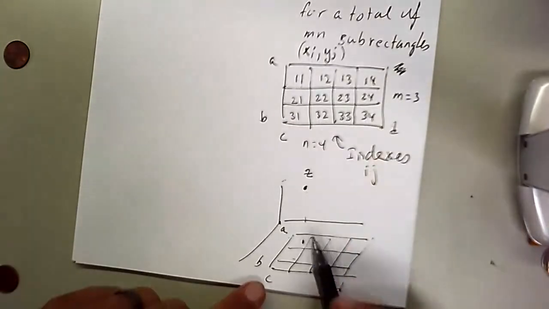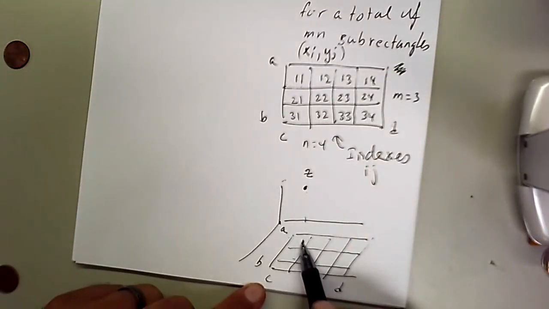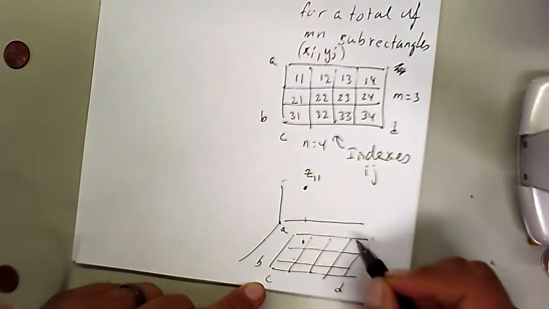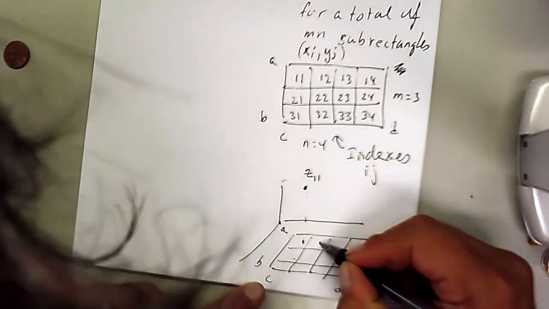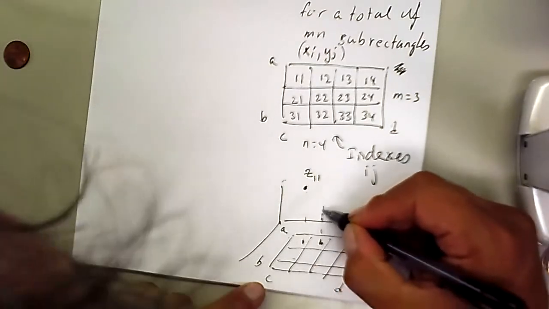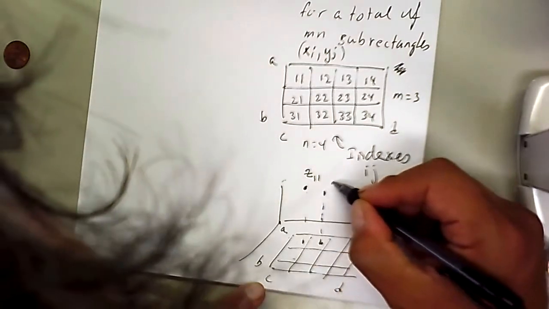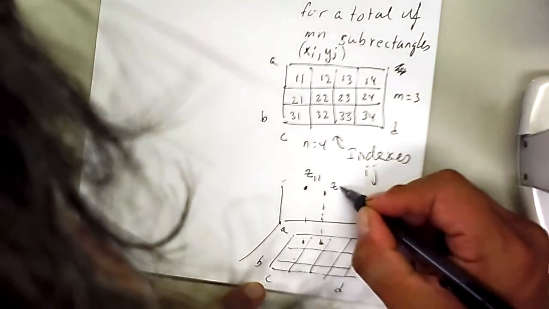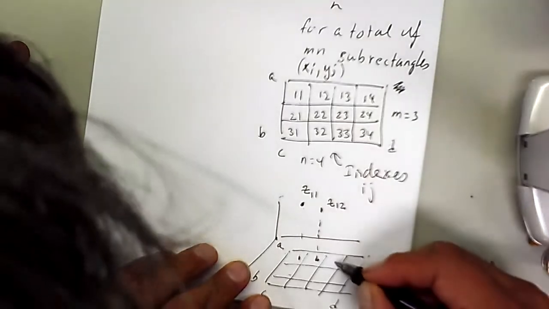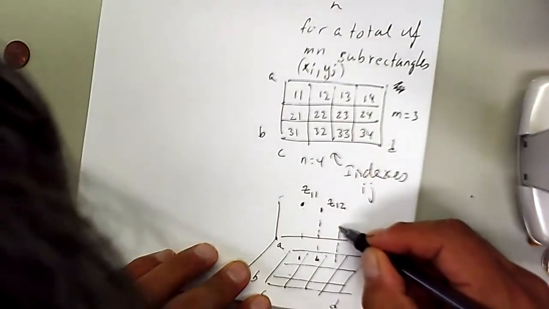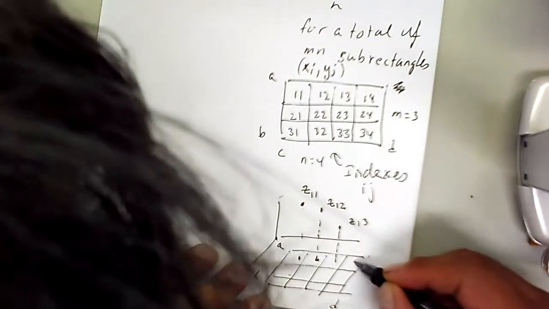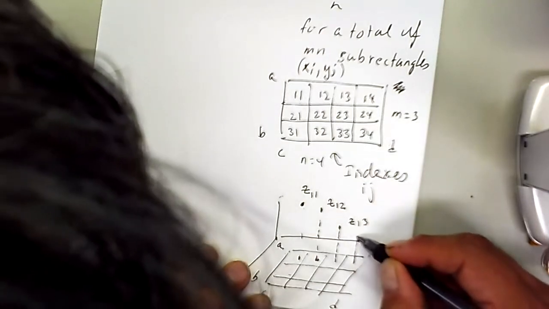Here we have an input X1, Y1, and an output Z11. The output corresponding to this input, this XY value, we're going to label as Z12, corresponding to the index 1, 2. And then this one, which may be lower, who knows what the function looks like, will be Z13. And let's say this is lower yet,